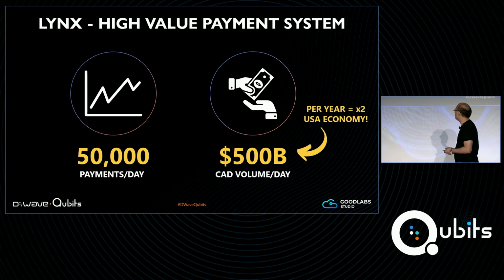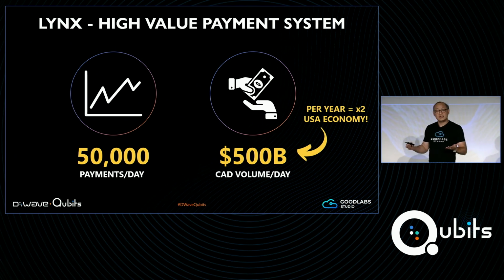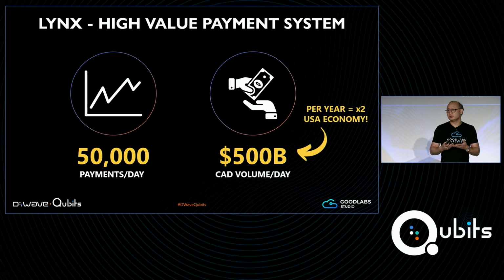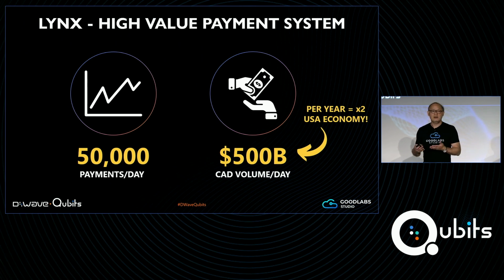So fairly simple. What is a high-value payment system? Well, you can think of it as allowing financial institutions to send and receive payments on behalf of their clients, but it's not just any payments. Those payments are wholesale payments, so very large payments. And these payments are settled with finality, so there's little credit risk for participants in the system.